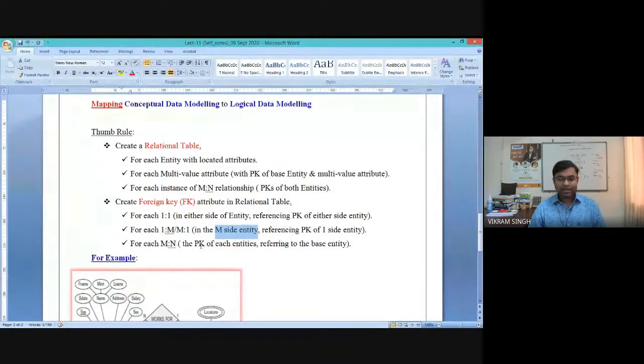Now, in the last case, whenever we have an m:n relationship, we have to create a separate table. That is what we have discussed in the last condition of relation creation. And we need to create two foreign keys, right? Because we have created a separate table and we have kept the primary keys of those two participating entities in that table.